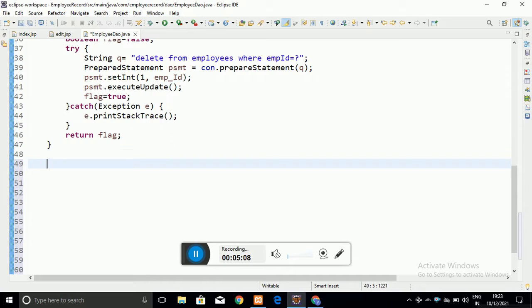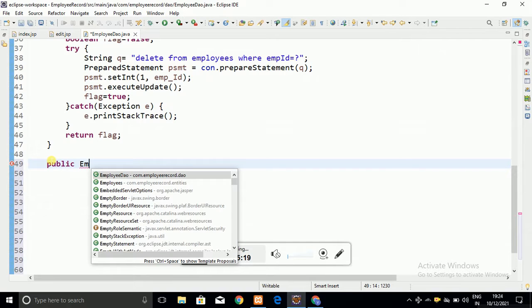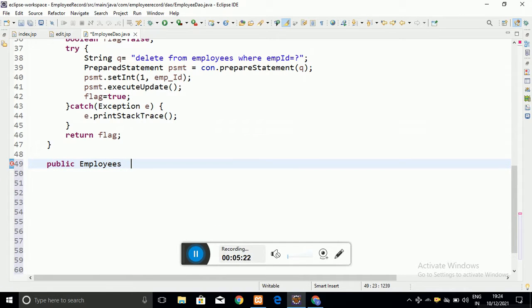Here, public void, let me not write void, because it is returning the employee object. Therefore I am writing public Employee getEmployeeById, with the employee id as a parameter to that method. With that particular id we are going to fetch the details of the particular employee to edit.